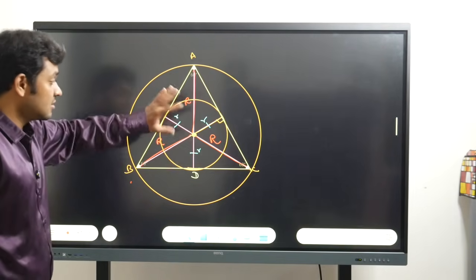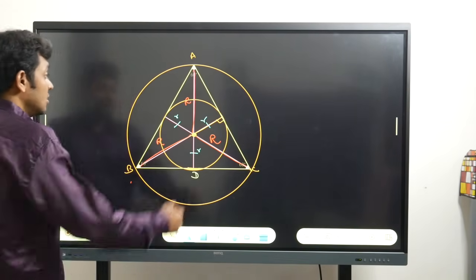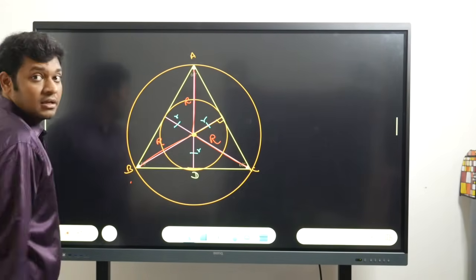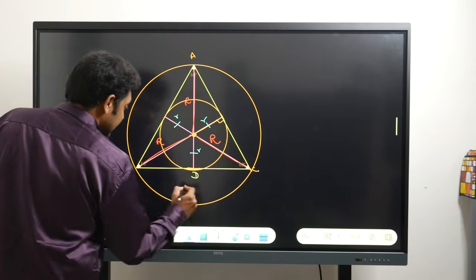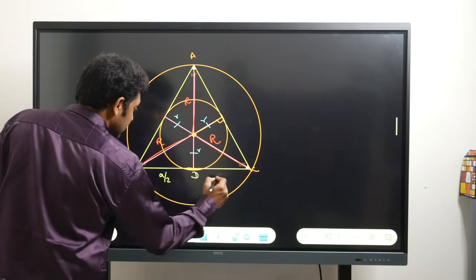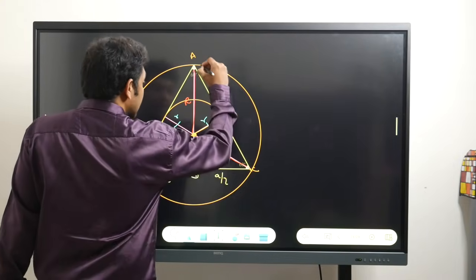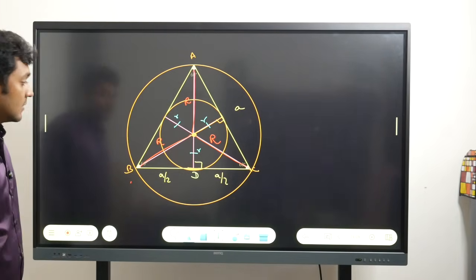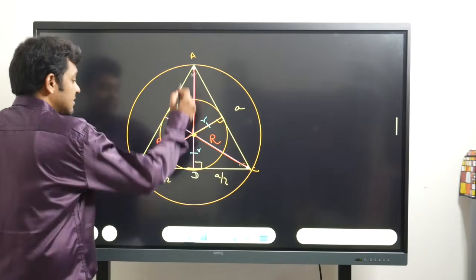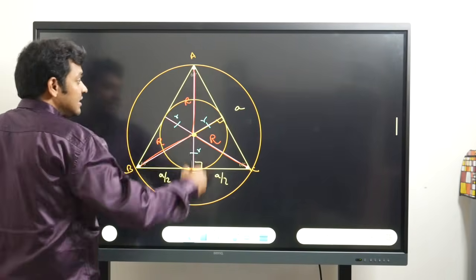Because my incentre, circumcentre, orthocentre, centroid all are the same. So this is my incircle, inradius, circumcircle, circumradius. So here, if this total length is a, this portion is a by 2 and this portion is a by 2, this total length is a. Now, in this right angle triangle ADC, using Pythagoras theorem,